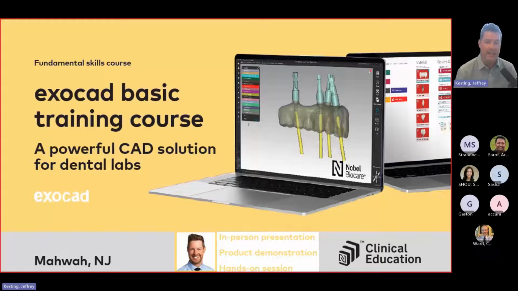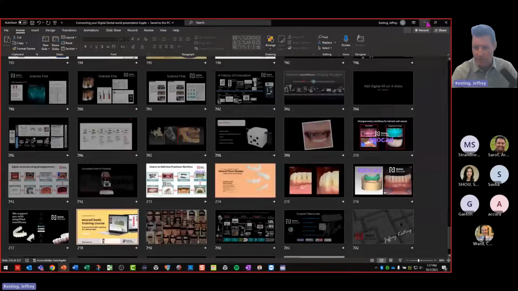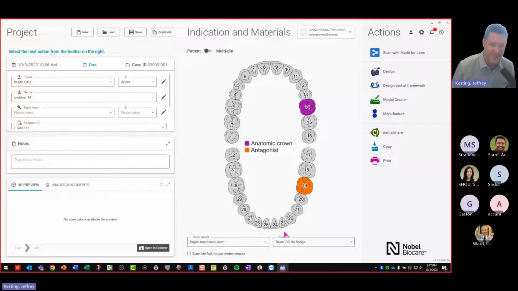Now with exocad, I'm going to go through an example here. We do offer some education with exocad as well. I teach courses in our New Jersey facility, and maybe we'll do some remote as well in the coming quarters. But we will publish this information as we release courses. We just completed a couple, and we get more on the books very soon. So you will see that on all the channels through social media, on our websites, and of course, you can stay in touch with your local representatives where they'll be able to get you into any of those courses that we have coming up. So with that, I'm just going to jump over to, of course, the exocad software,